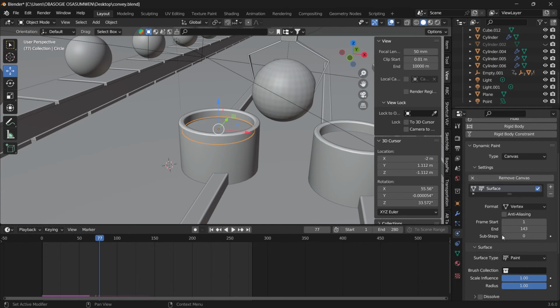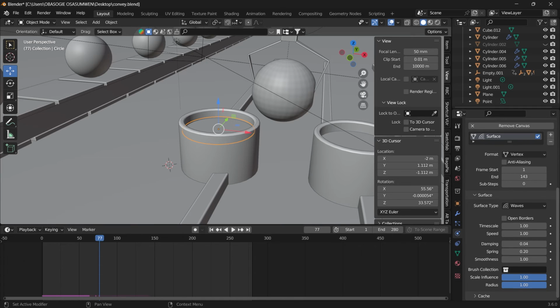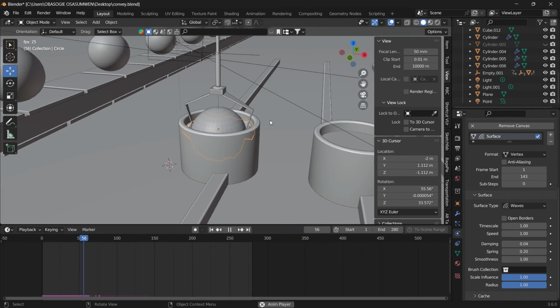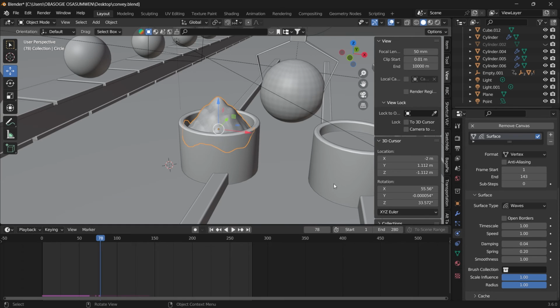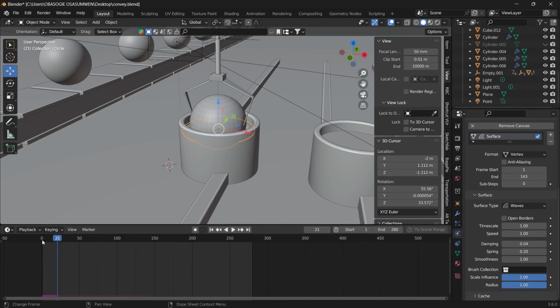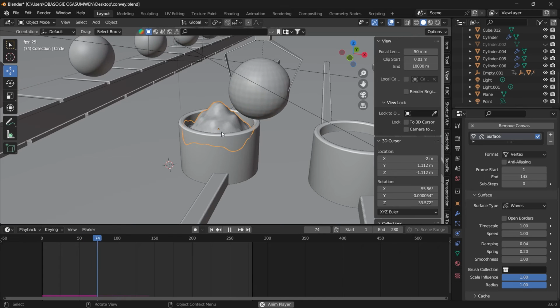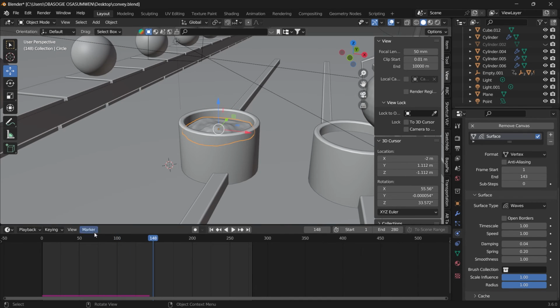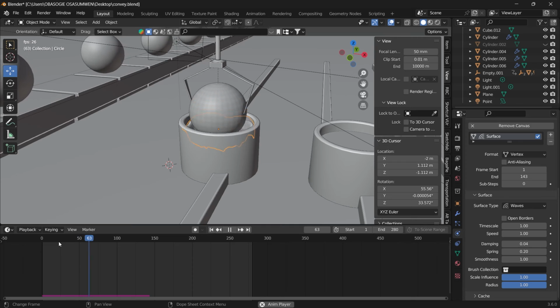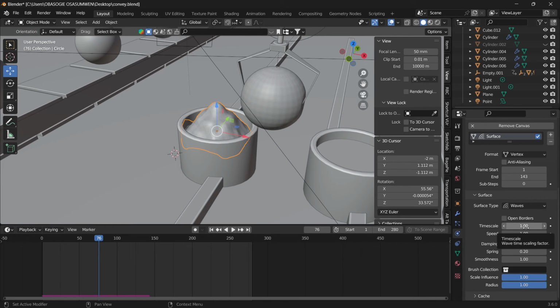To create the wave effect, we'll go change the surface type from paint to waves. And now, in order not to waste time with the setup, we are going to use the same values I use for my time scale, speed, damping, spring, and smoothness. Most of the time, you will just play with these values to get a good effect. If you see with the default values, if I press play, it's affecting it, but we're not getting a nice fluid simulation. The animation I did, what worked for me was setting my time scale at 1.50,